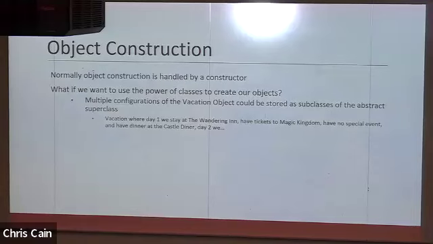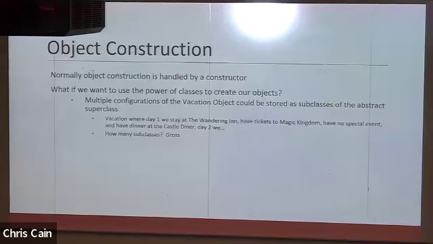So we have an abstract superclass. So we can make a vacation where day one, we stay at the Wandering Inn, have tickets to Magic Kingdom, have no special event planned, and have dinner at the Castle Diner. And on day two, you can't imagine how many subclasses of this we would have if we wanted to have a subclass that identified every possible